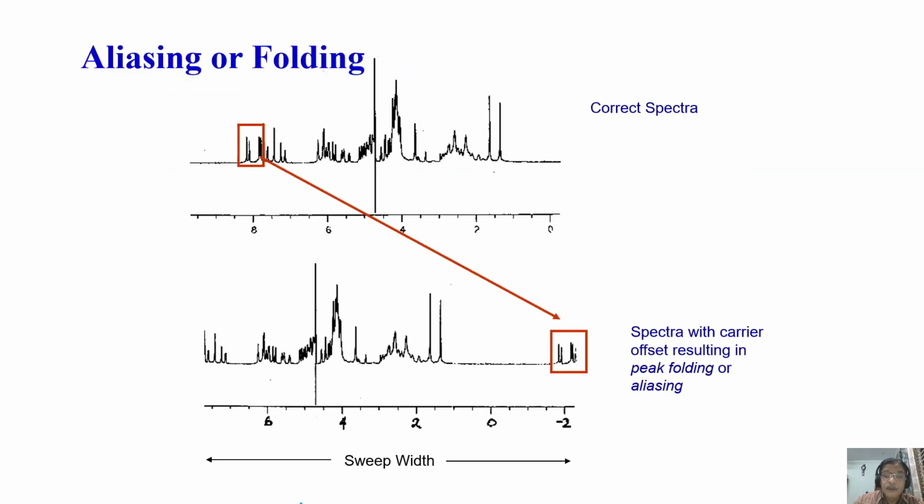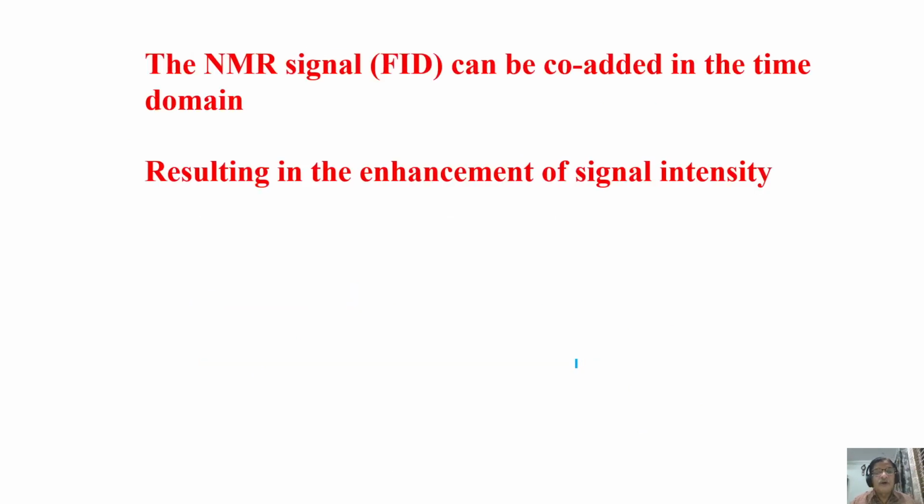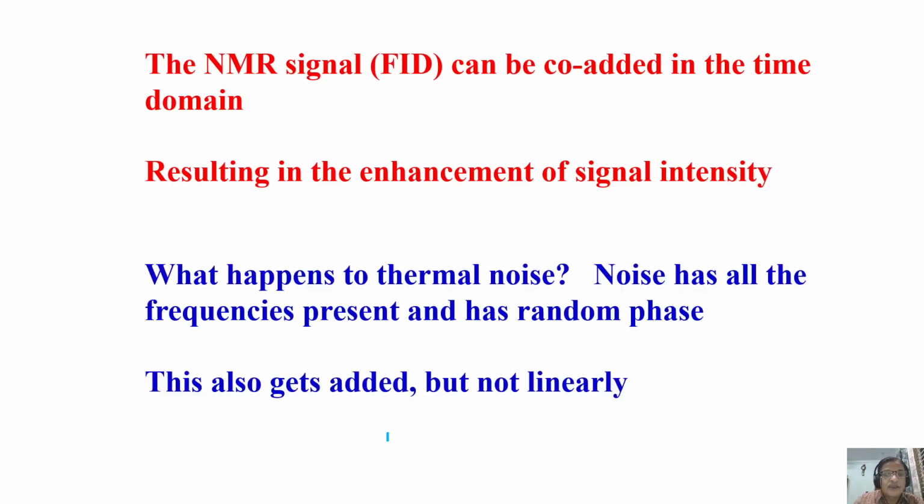Well, I said sitting here and covering here, this is folded here, or sitting here covering this much, this gets folded here. Either way is correct. So now the question is, I collect one time domain signal, FID. The signal is very poor, let us say. Intensity is not very good. I have to enhance the signal intensity. Can I do that? Can I keep on adding the signal once, twice, thrice like that? Is it possible to do? Yes. You can do that.